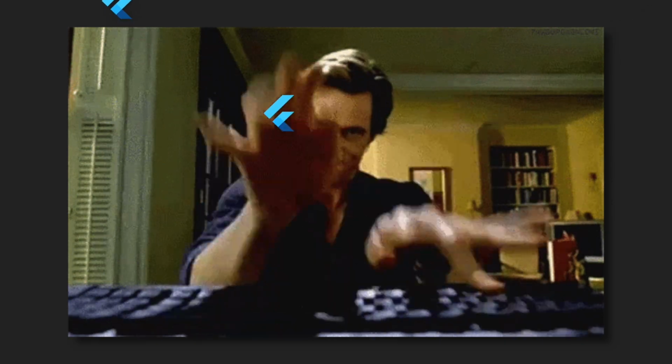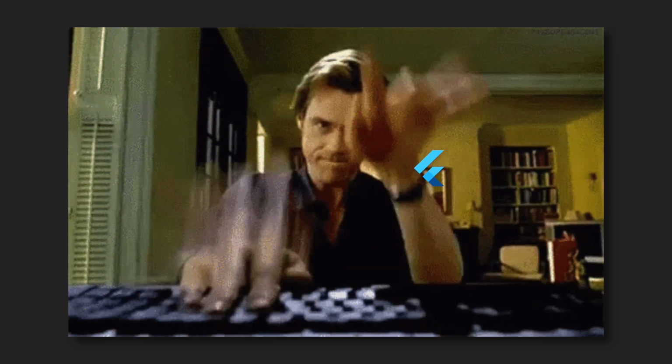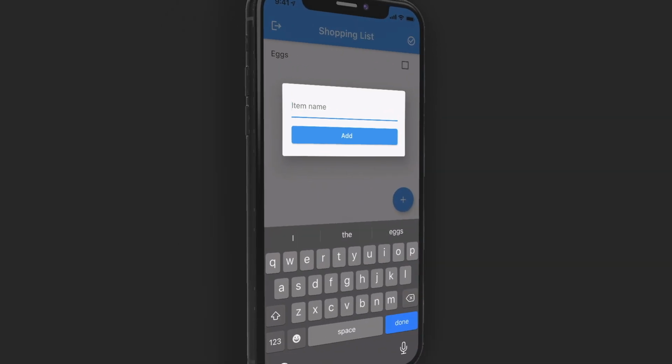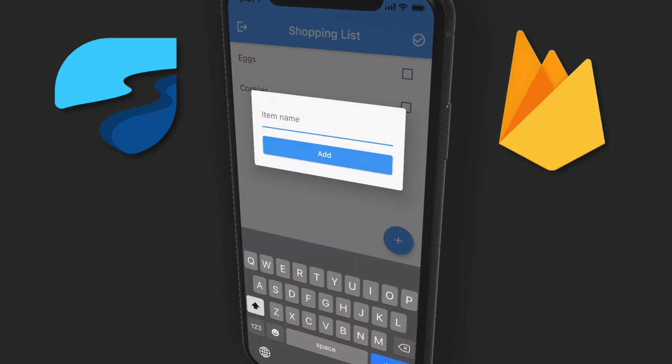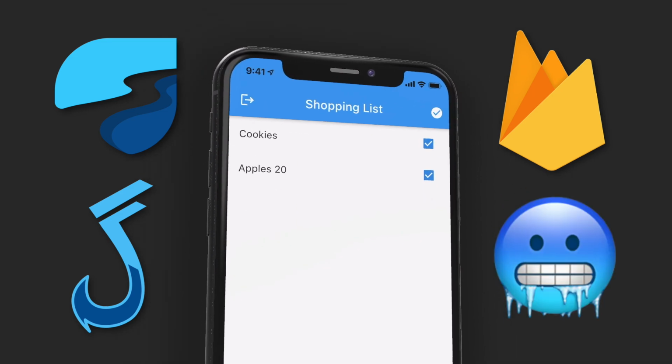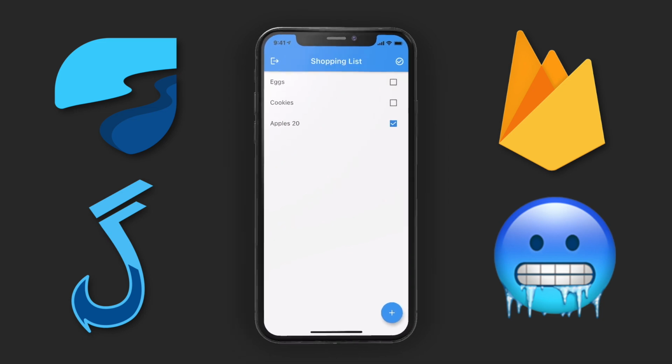So you want to learn how to build apps quickly. You're in the right place. Thanks to the thriving universe of Flutter packages on pub.dev, we can do just that. Today, I'm going to teach you how to build a fully functional shopping list app using Riverpod, Firebase, Hooks, and Freezed. With this combination, we're able to greatly reduce the amount of boilerplate code we have to write when developing